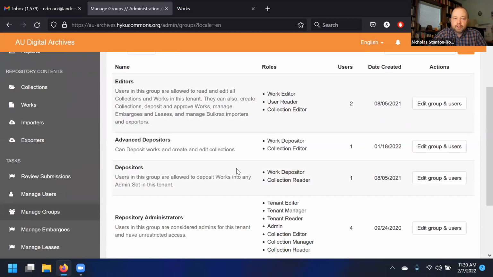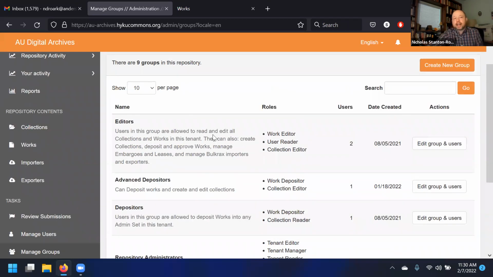But yes, there's a specific role that admins have, and I believe it's there in editors. Yeah, approve, deposit and approve works. Yeah, I think approve works means approving through mediated deposit. But yes, anyone who has that can approve